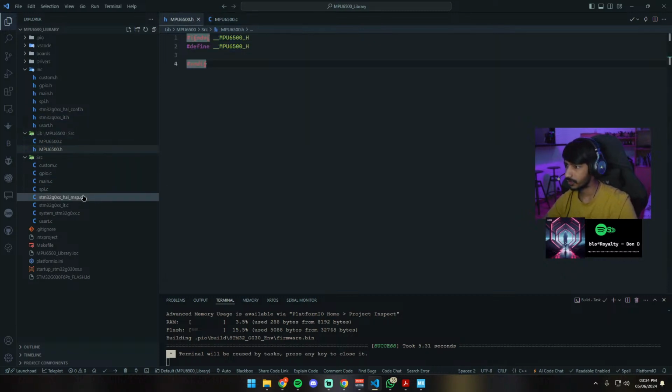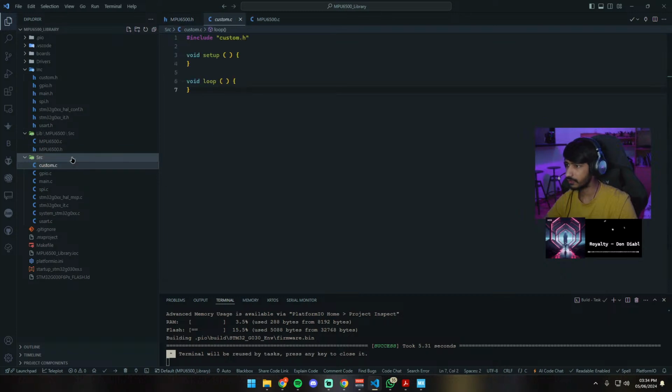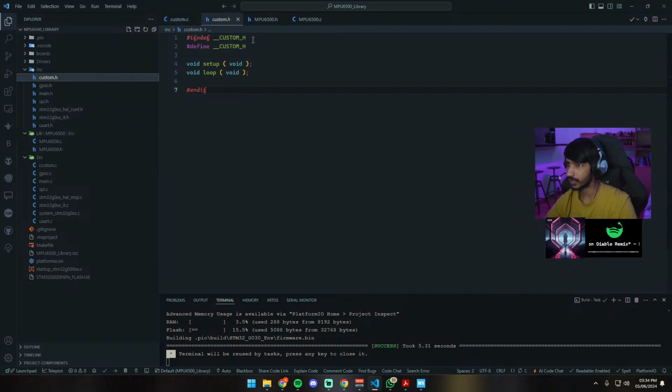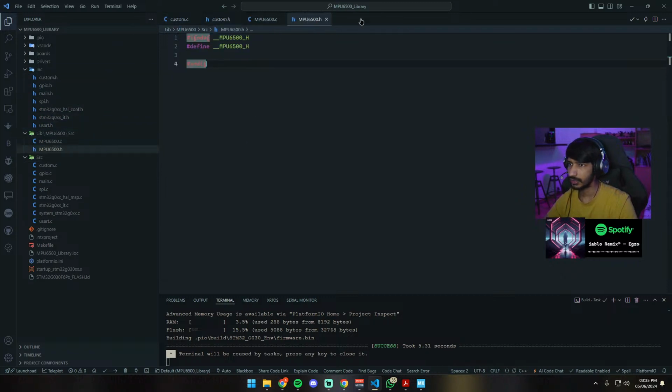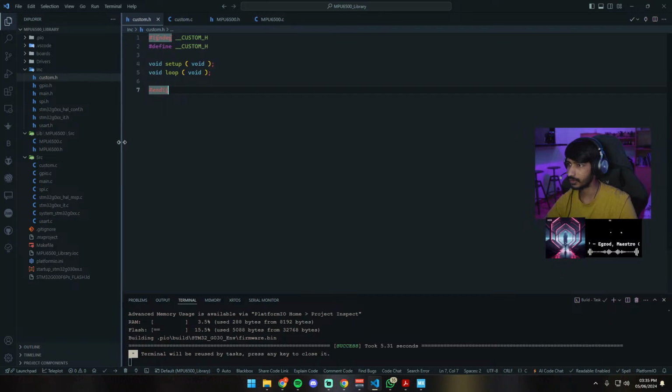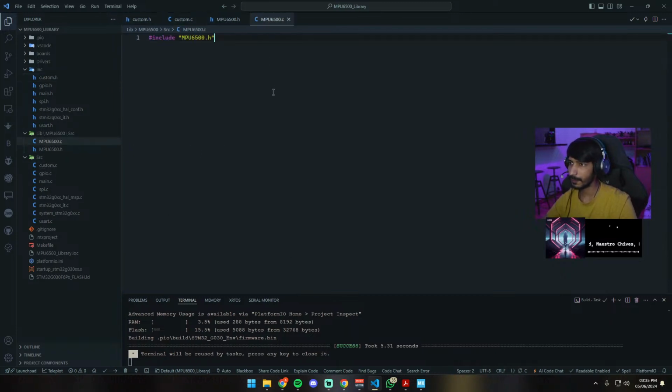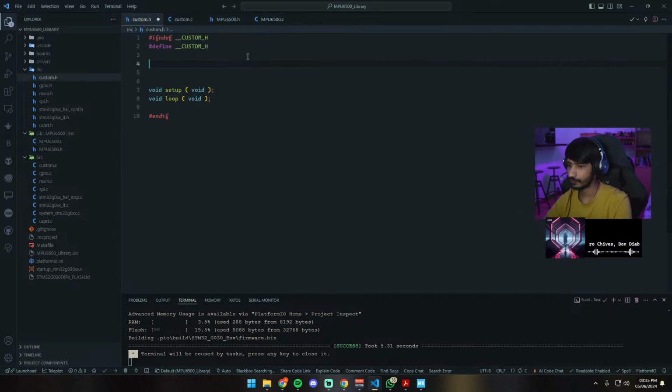And I'm gonna do the same thing in the custom.c file. I'm gonna keep the custom.c file on the left, as well as the custom.h file on the left side. This way it will be easier to work with, right? I'm just gonna do it like so. I will include